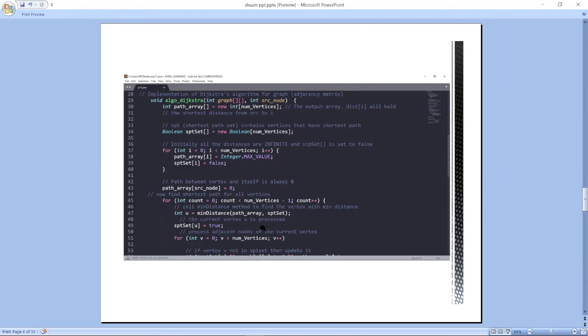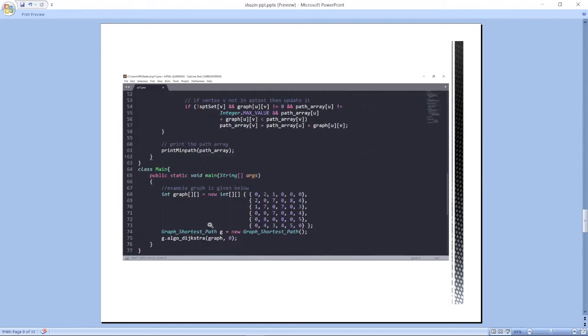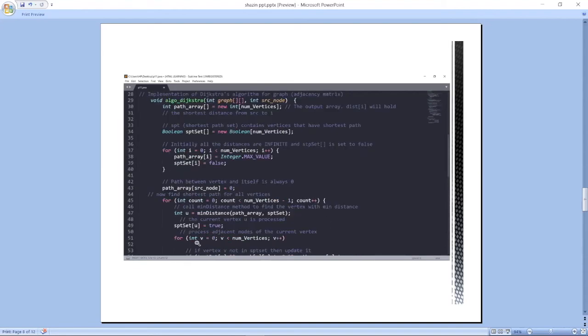The current vertex u is processed. Shortest path set of u is true. Now I am going to initialize the shortest path. If the shortest path set of u is equal to true, then process the adjacent nodes of the current vertex. For it, I am doing a for loop,